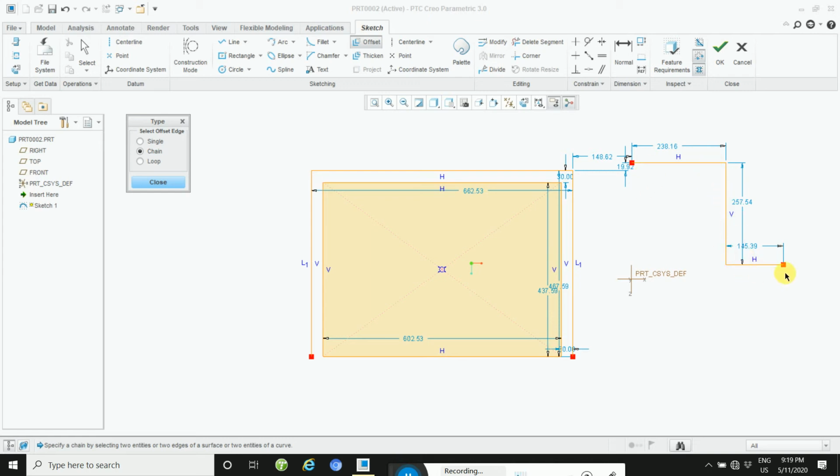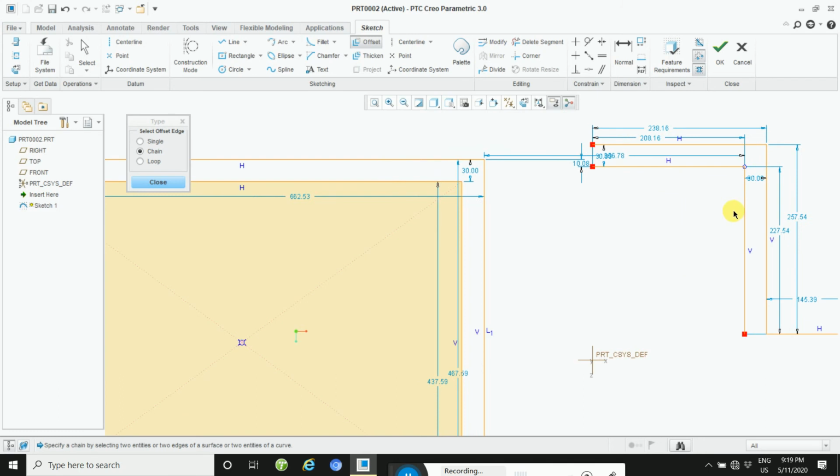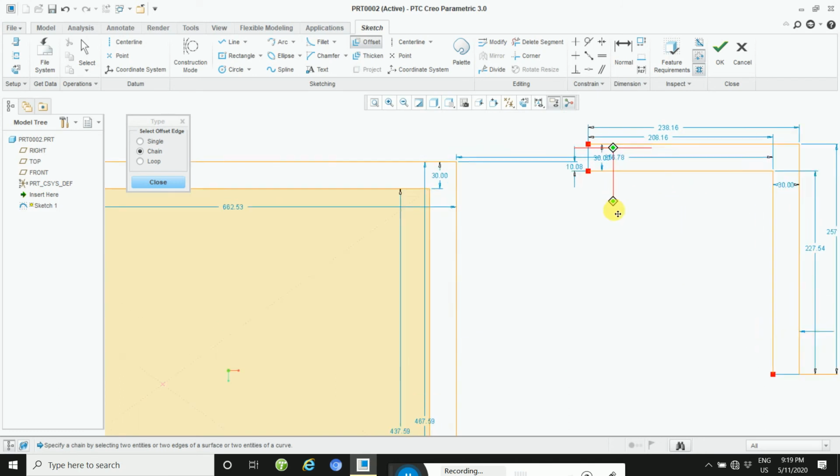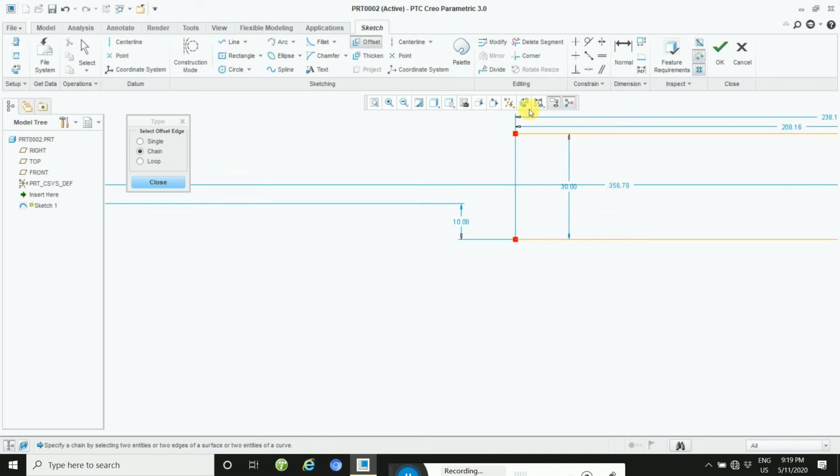This is the chain. More than two entities are included in the chain, and then apply 30. This way your offset is 30. See here, 30 and 30.